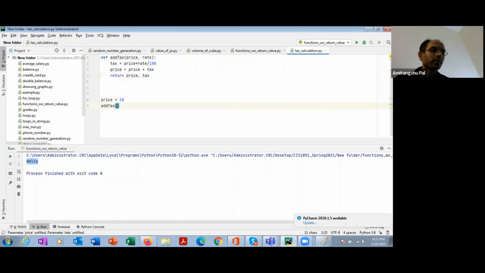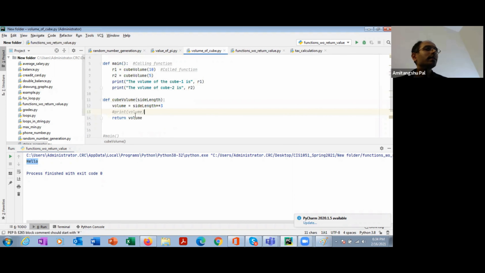add tax, price, and then your rate is say 7.5%. So whatever values are going to be returned need to be stored inside square brackets. So here I am saying the modified price or final price, and then my tax amount. If the return value is just a single value, then you can simply write one variable equal to this.